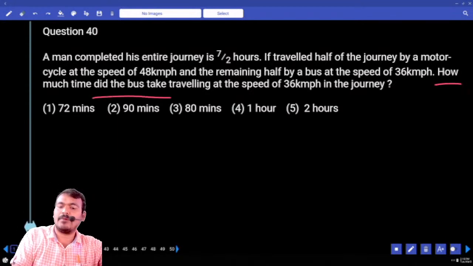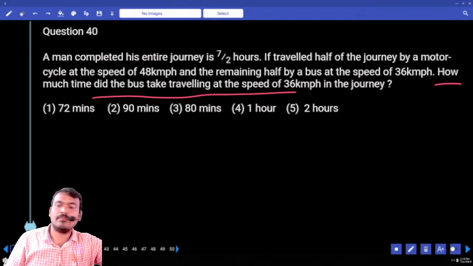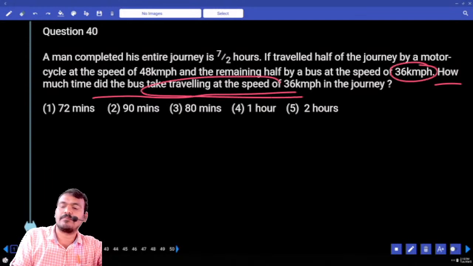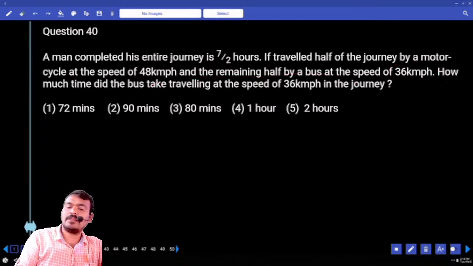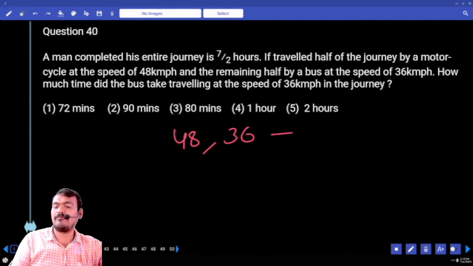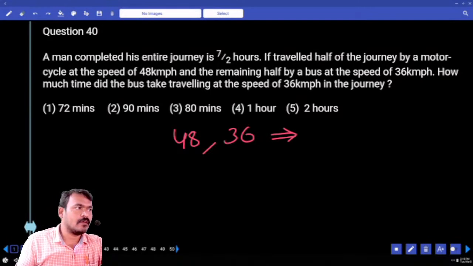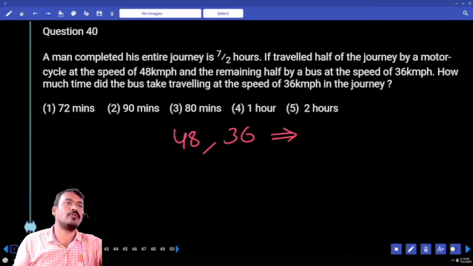And how much time did the bus take traveling at the speed of 36 km per hour in the journey or not? Means we required the second case time or first case time? Second case. Okay. What are the speeds given? 48, another one 36. What is the LCM of 48 comma 36? What is the largest number? 48. It is not divisible by 36 or not? LCM is always equal to the largest number or multiples of the largest number. 48 2 times 96, not divisible by 36. 48 3 times